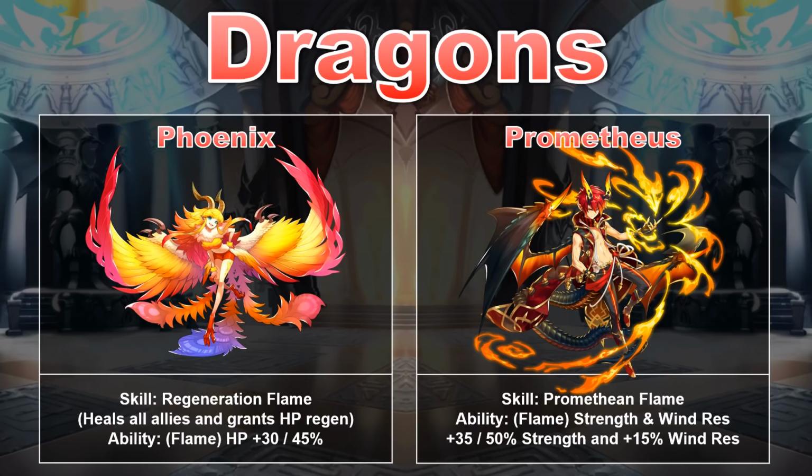But from what I can tell, in Prometheus's case, he actually gets his 15% wind resistance even in his base form. So really the only thing that's scaling up is going to be the amount of strength that he provides, and of course the amount of HP just from his level. But that strength percentage boost is going to scale up from 35% to 50%. So if you already have Cerberus or Agni, I definitely think those are going to be better long run options